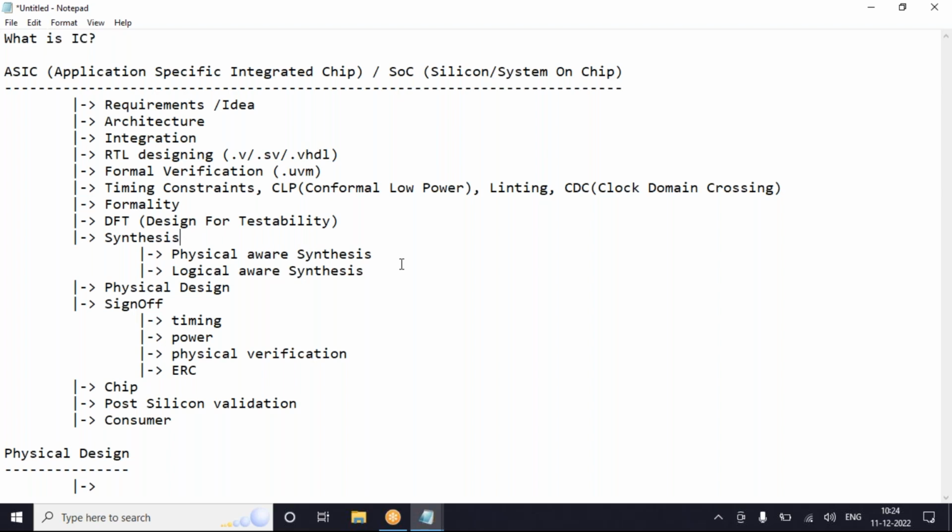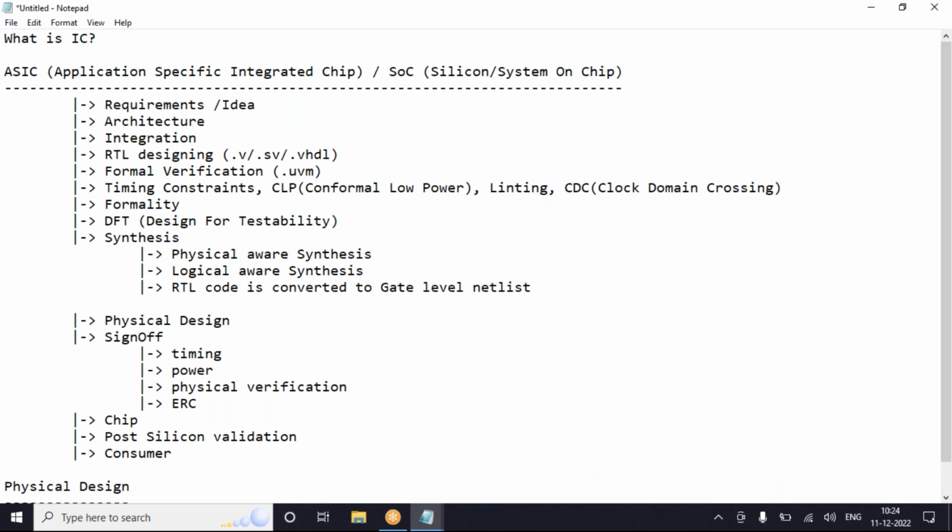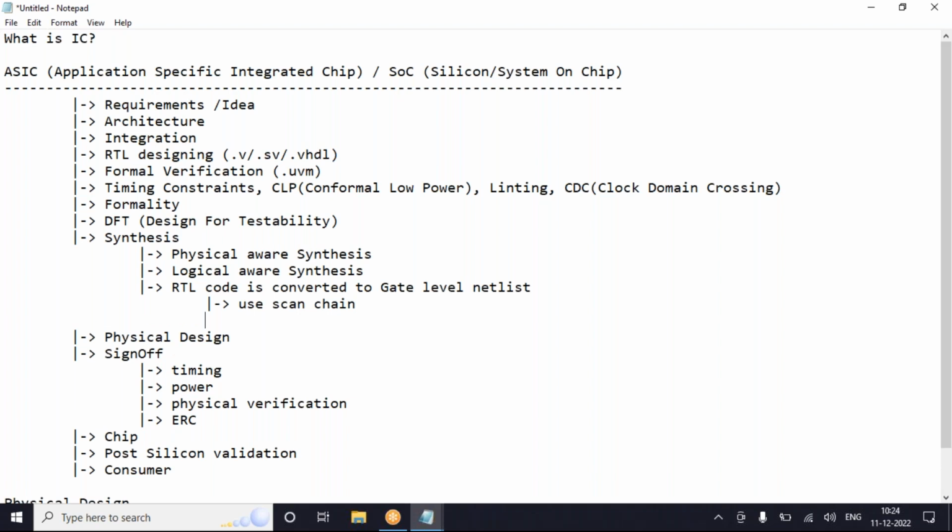Sure. Okay. So in the synthesis stage, I'll just write it down like this. RTL code to gate level netlist, and while performing this conversion, we might use scan chain, or let's say DFT-provided feedback, or without using it.